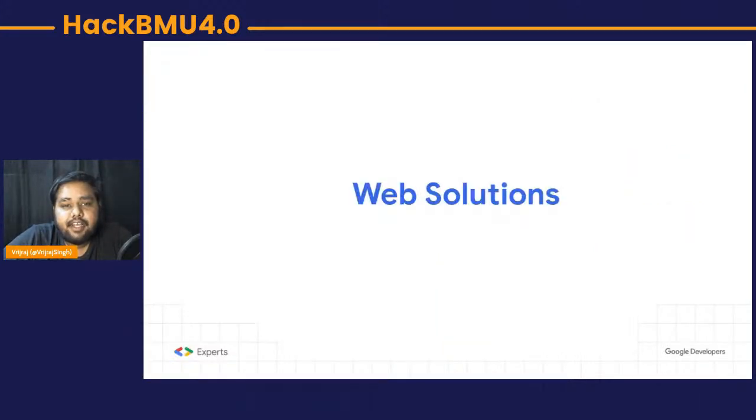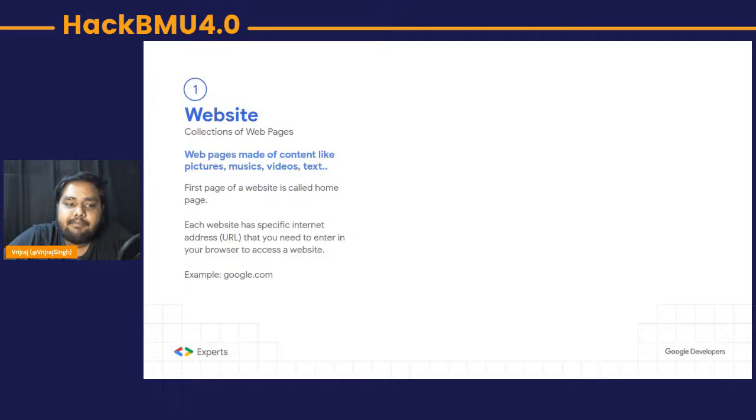So as you know, what is a web solution? The web is a platform where we can run our documents. It may be web documents, considered as a web page, or you can share files, maybe a PDF, audio file, or text file. In the web platform, the first terminology is the website. What is a website? A website is a collection of web pages, and each web page consists of pictures, audio, video, and text files. Or you can write your web page with the help of HTML, CSS, and JavaScript, where